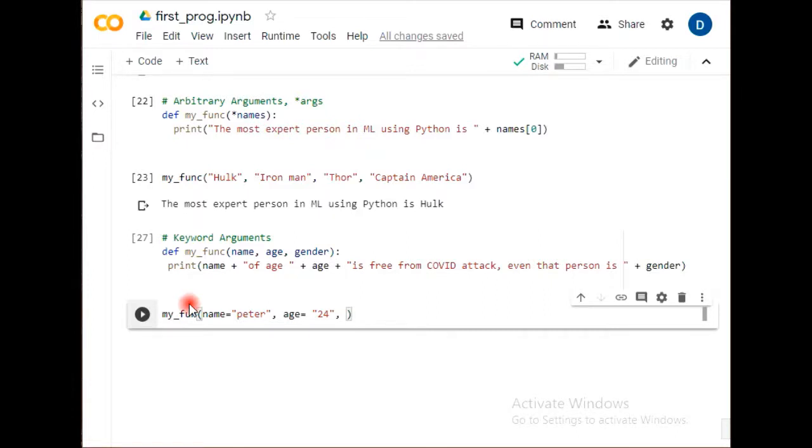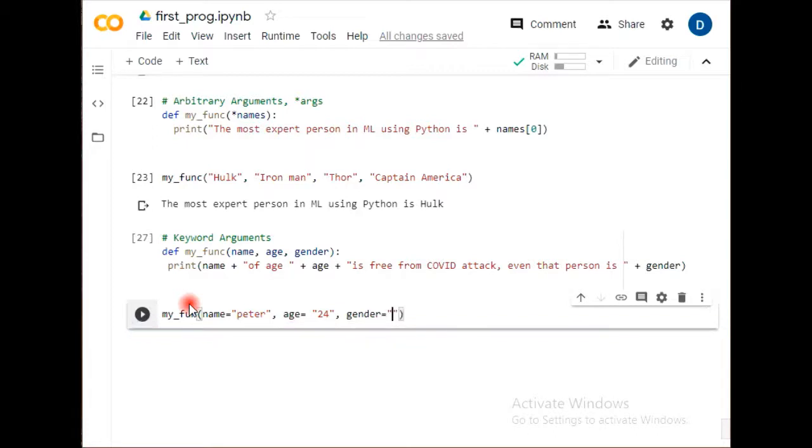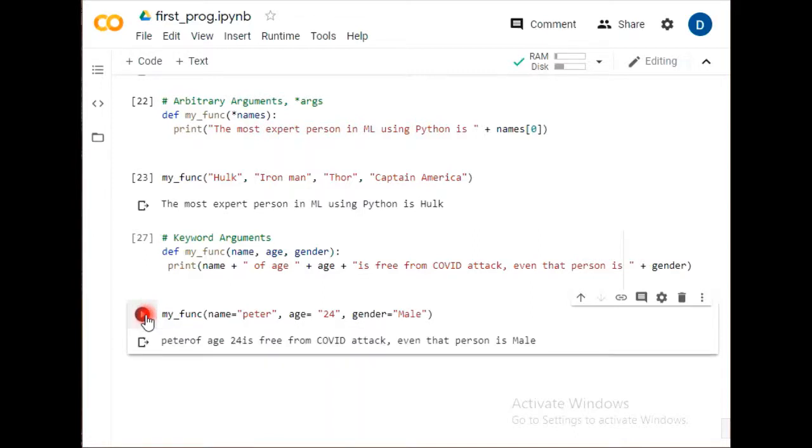Then after I'm giving the third, gender, and assigning the value here, male. Let's run this one. Peter of age 24 is free from a COVID attack, even that person is male.